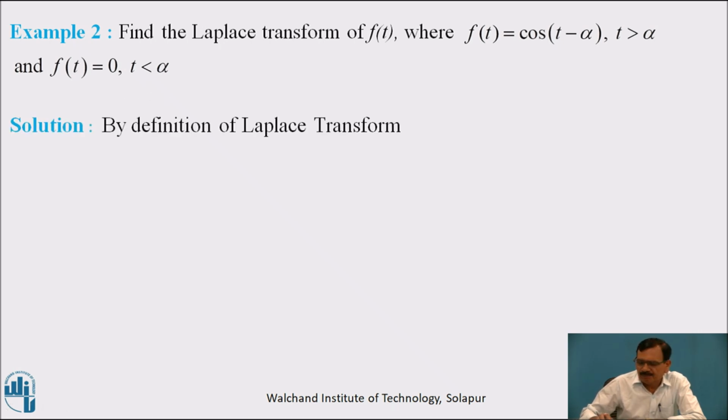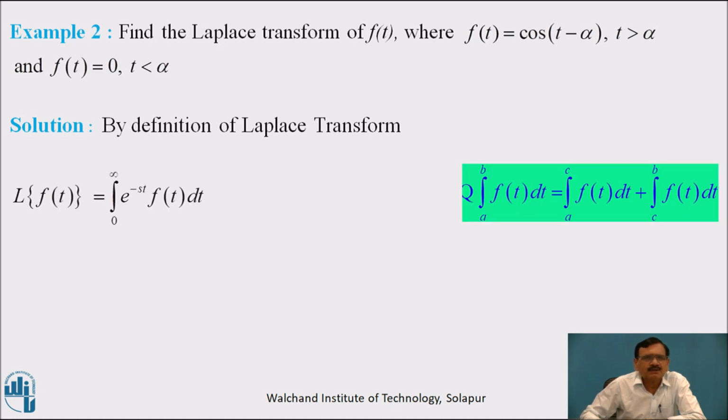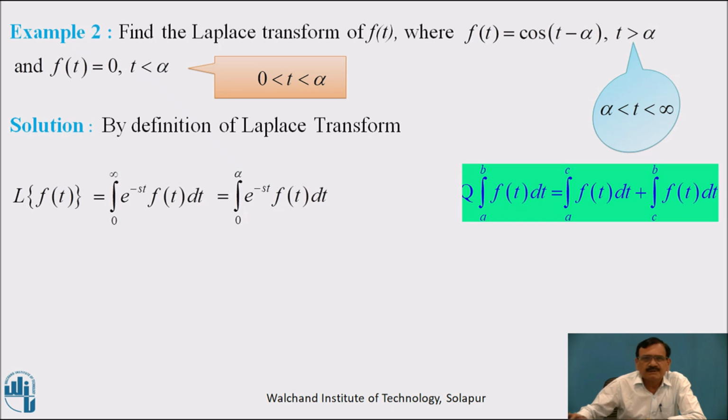Solution. By definition of Laplace transform, L of f of t is equal to integration from 0 to infinity e raised to minus st f of t dt. Again by using the property of definite integral, integration from a to b f of t dt is equal to integration from a to c f of t dt plus integration from c to b f of t dt. Therefore, and here t greater than or equal to alpha means alpha is less than t is less than infinity, and this one is 0 is less than t is alpha,